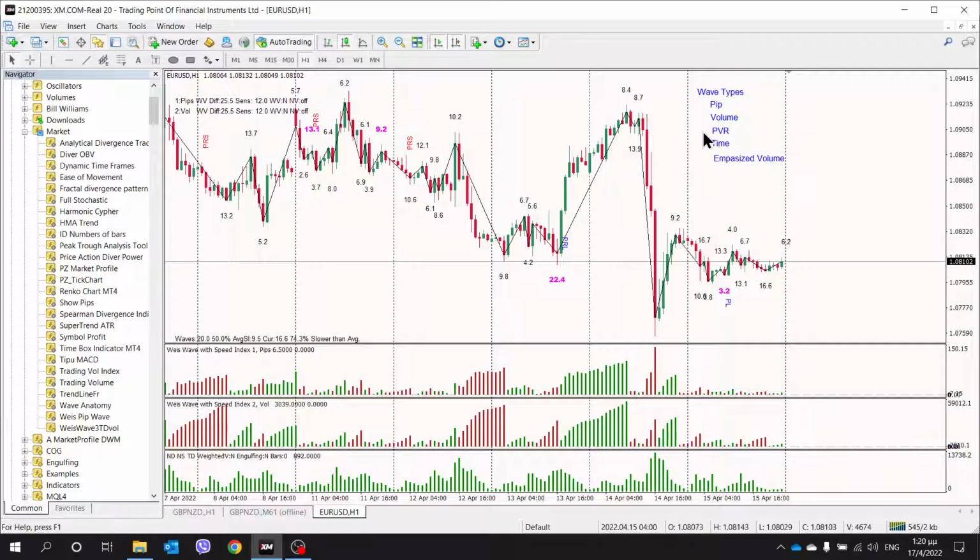So the indicator offers you 1, 2, 3, 4, 5 different wave types, which means when we load the indicator,